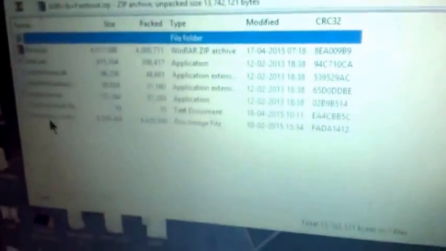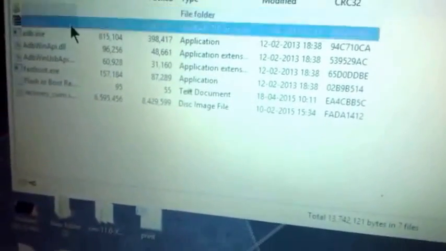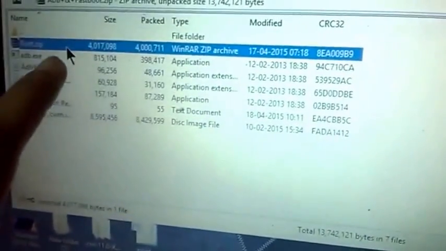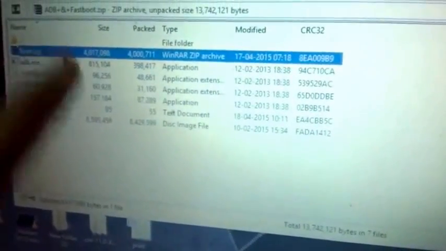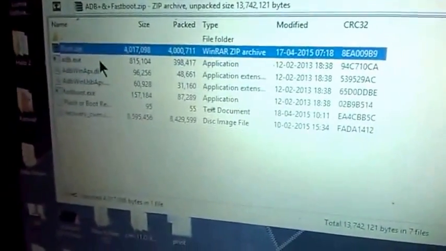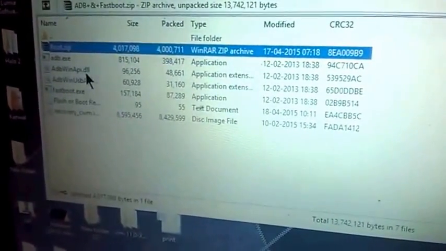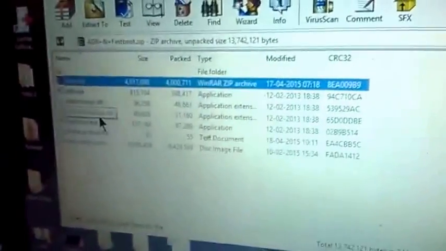Let me show you. As you can see, this is the file ADB plus fastboot. It has everything that my Eureka root file has. There is root.zip, which you need to paste in your internal storage, and adb.exe and fastboot so that we can access our mobile's bootloader from our computer.